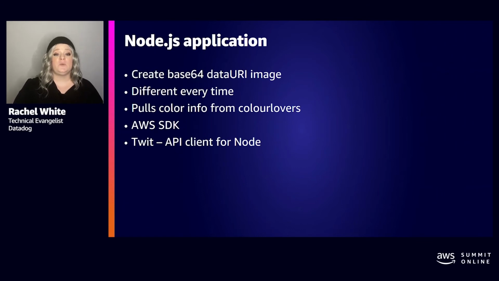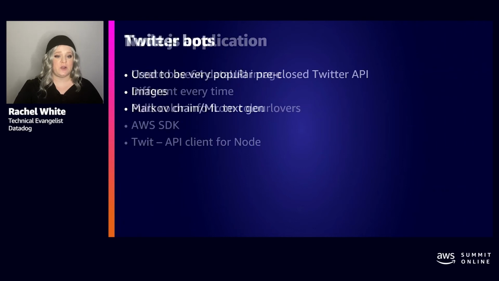For our actual function, we'll be creating it with Node.js. This is just a matter of my personal preference. You can choose whichever language is your favorite. We'll be using Canvas to create generative art that we are making based off of color palettes, which we get from the Color Lovers API. And after the images are created, we'll save them to an S3 bucket with the AWS SDK in case we want to get non-compressed versions of them later. And lastly, we'll use Twit, which is an API client for Node that allows us to interact with the Twitter API to upload media and construct a tweet.